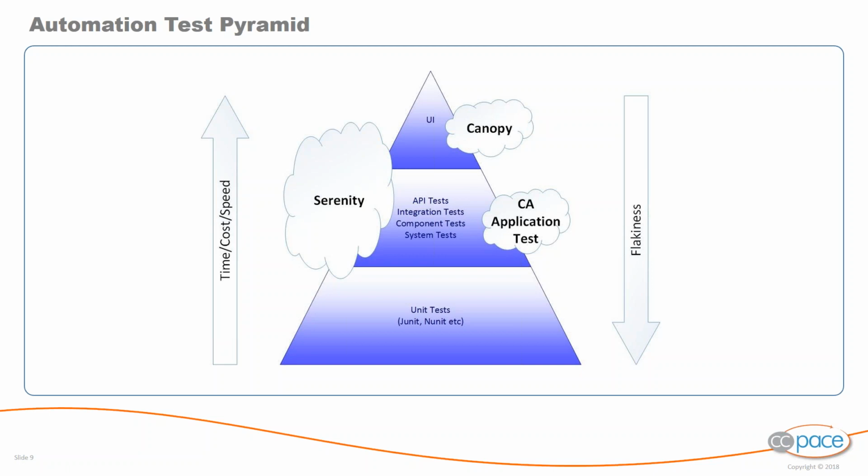Now, this is because UI tests are typically flaky in nature, and any slight changes to the UI tend to break these tests, resulting in a lot of false positives. Furthermore, UI tests take longer to execute as compared to tests in the lower layers of the pyramid, and the cost to fix these tests increases as we move towards the top of the pyramid as well. So it really is important that you plan your test automation suite based on some of these concepts that we just discussed.